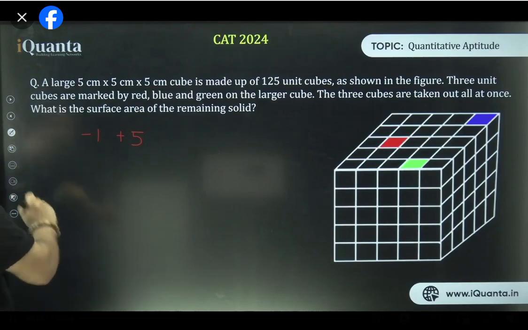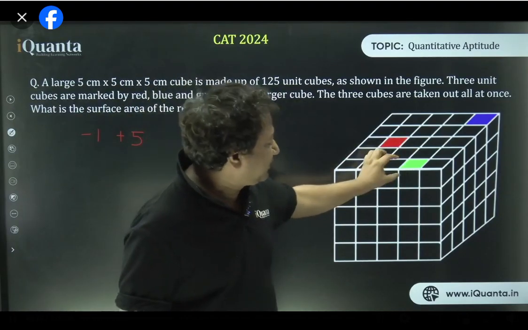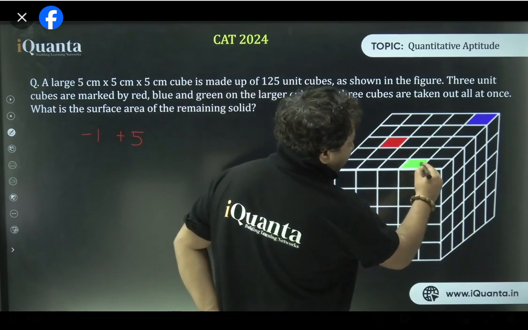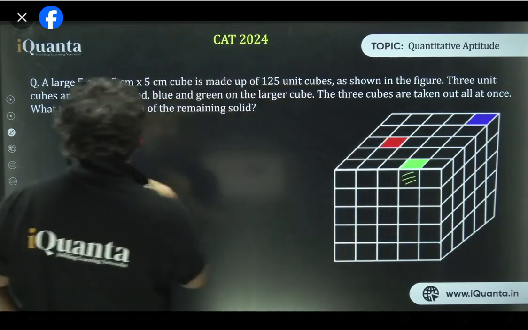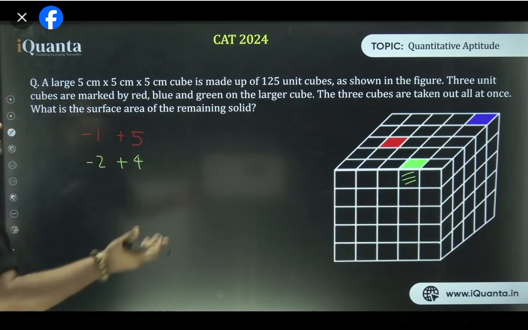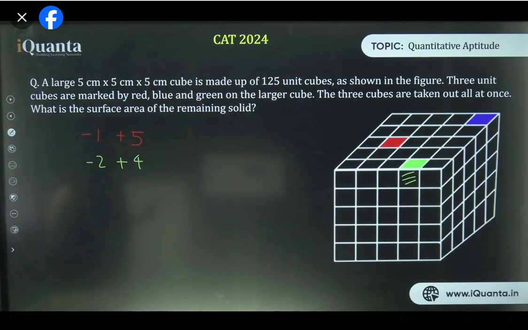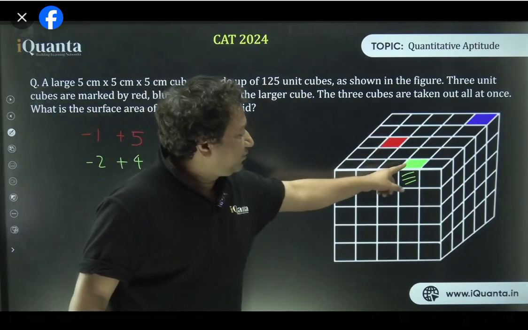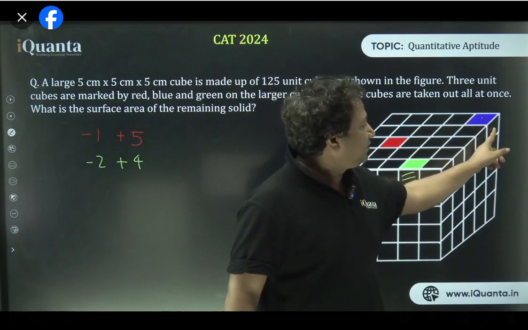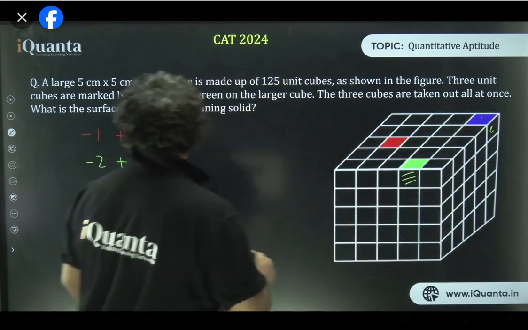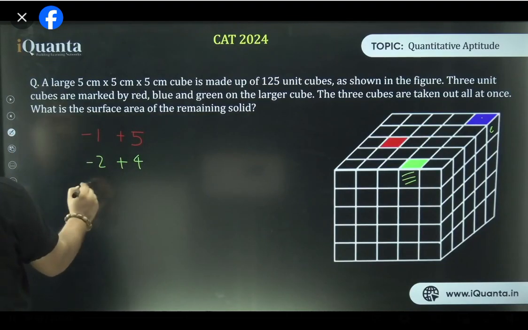If I look at the green one, green is easy to understand, it is visible in front. I can just remove it. So this surface and this surface are removed. So 2 surfaces are removed. Remaining will be 4 only. If you can't understand by looking at the inside, then just look from outside. Okay. 1 goes, 5 new come up. 2 go, 4 new come up. Here this 1, this 2 and the one behind on the edge, 3 go, 3 new come up.